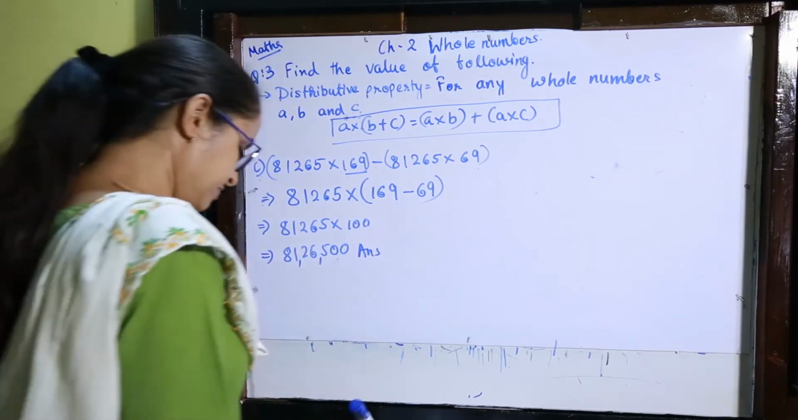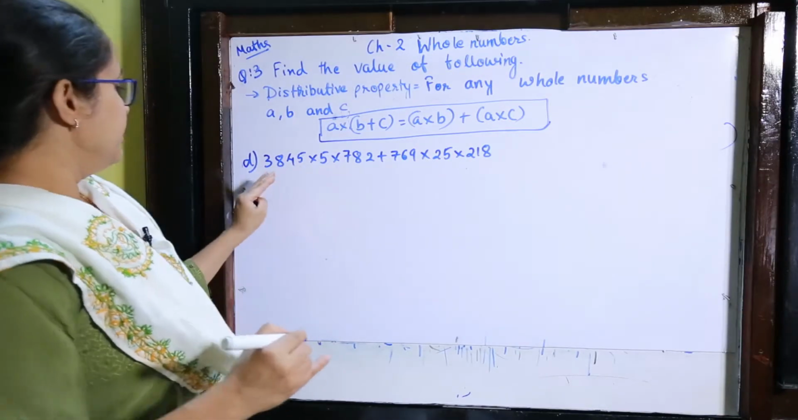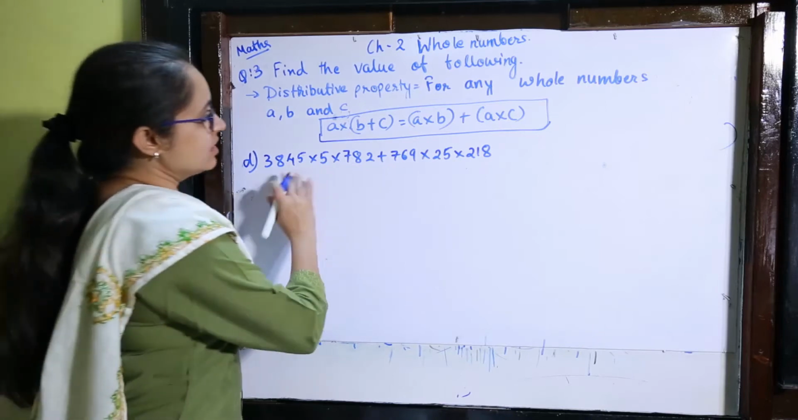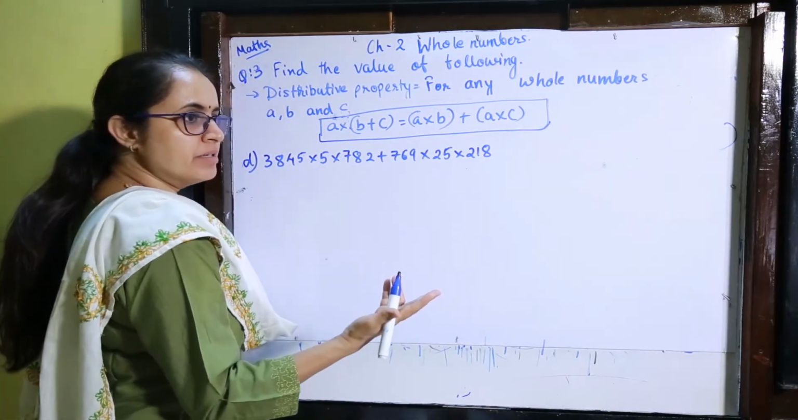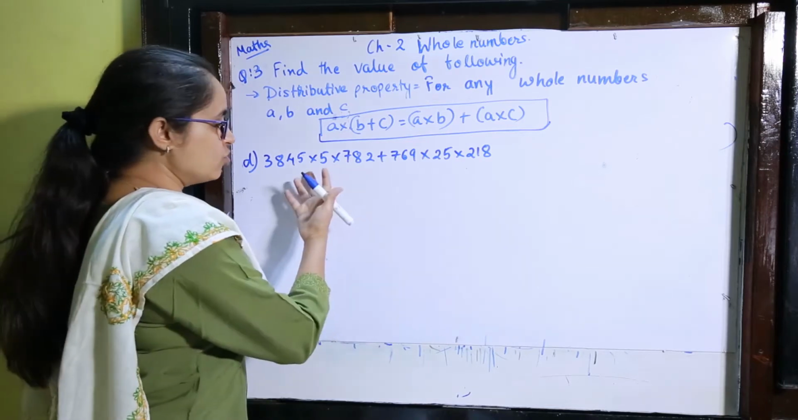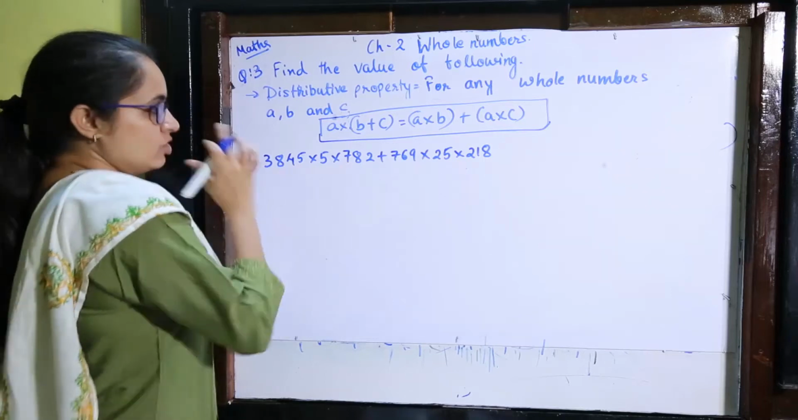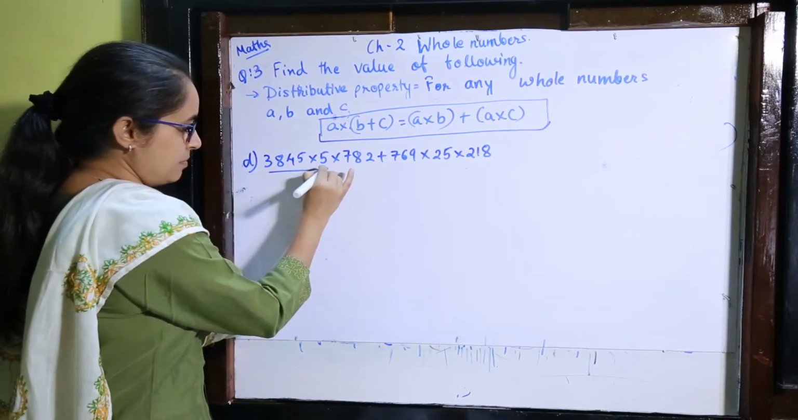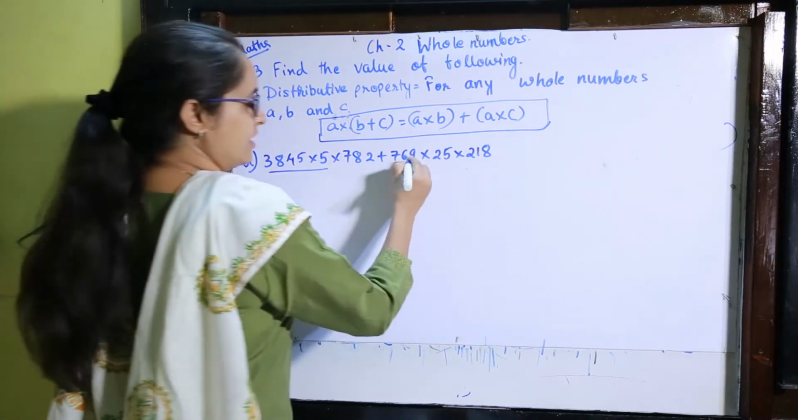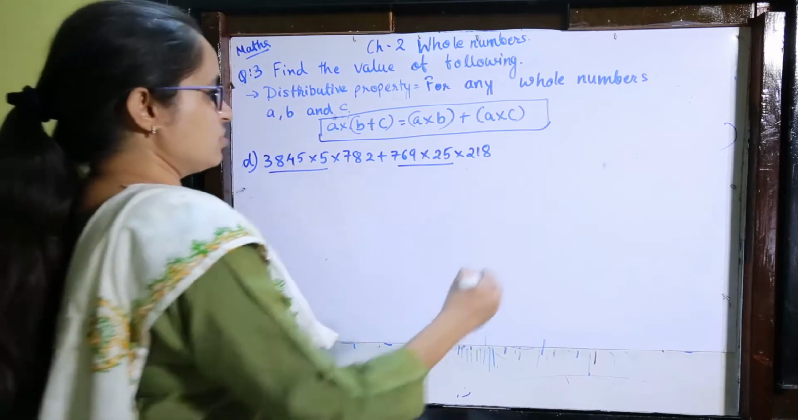Now D. Okay, now D. Here in D, you feel the teacher, here nothing is common and all the numbers are different and there are 2 multiplications in each term. So how will you do this? So first of all, calm down and first of all multiply these 2 numbers and then multiply these 2 numbers. Okay, if I am multiplying these 2 numbers, that is